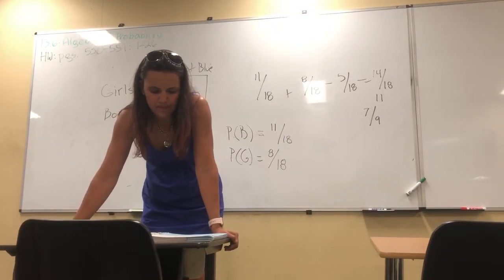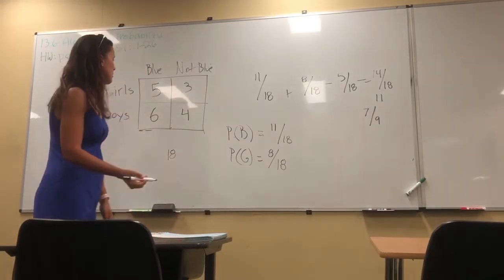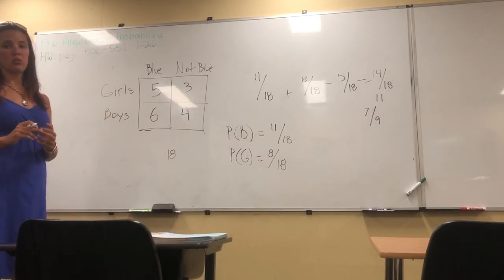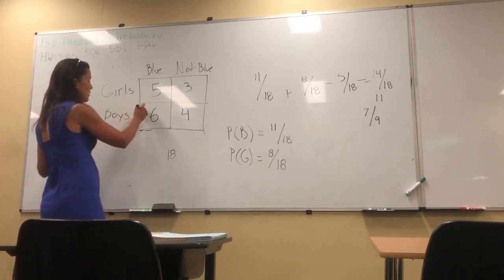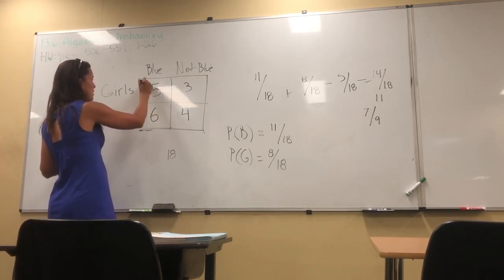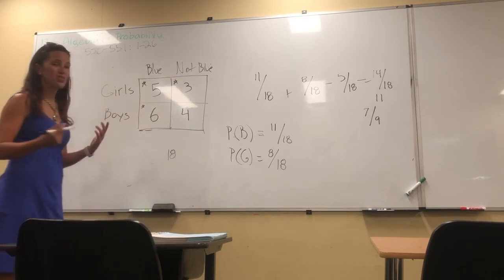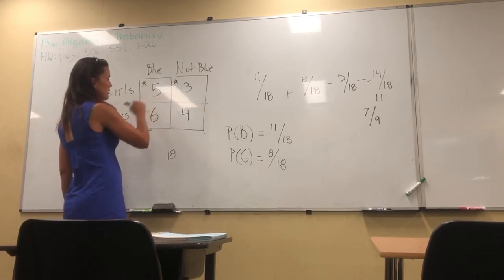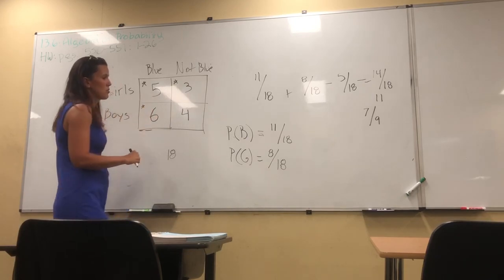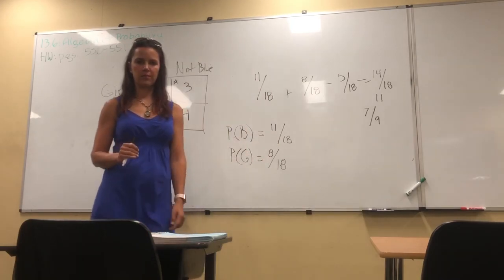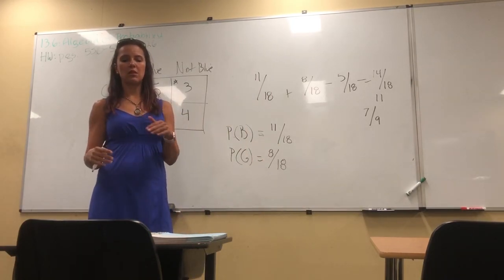7 over 9. The other way you could do it is you could say, okay, which of these squares will give me a girl or blue eyes? This one, blue eyes. This will give me one that's a girl and blue eyes, and that'll give me a girl. So you could also just say 6 plus 5, which is 11, plus 3, which is 14. 14 out of 18, which is what we ended up with over there. Okay, so small enough numbers like this, you have